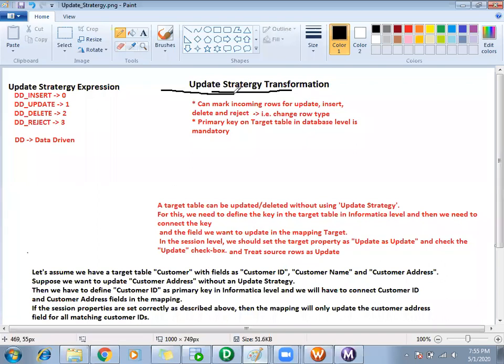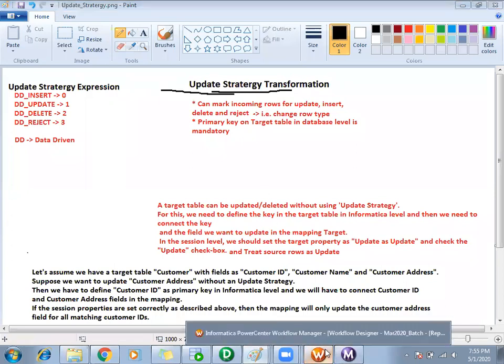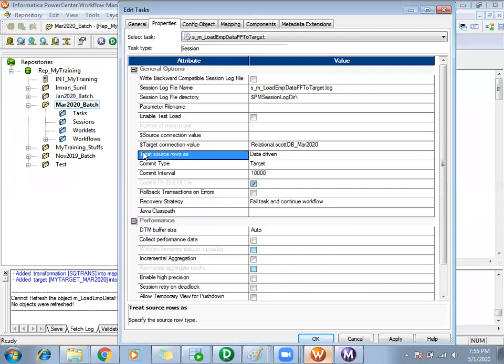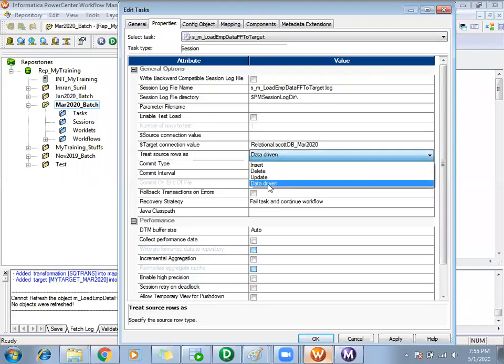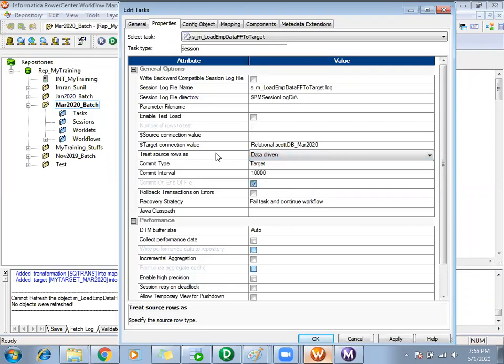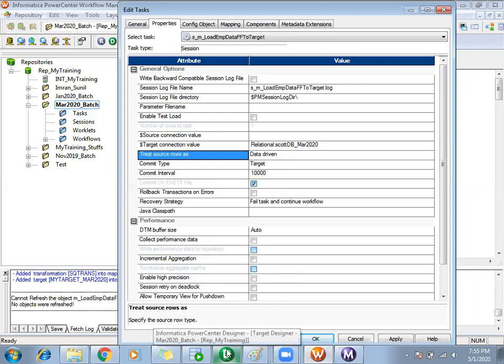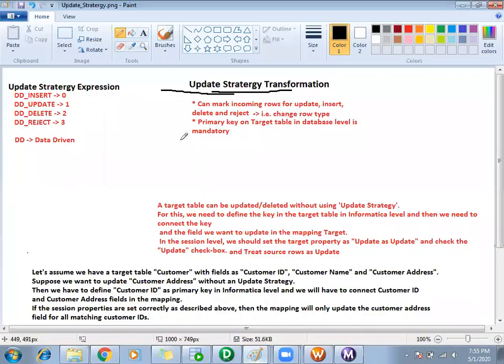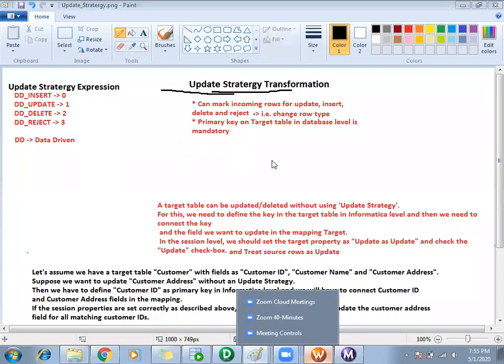If you have used an update strategy transformation in your mapping, you need to ensure that in your session properties, this treat source rows as attribute is selected as data driven. When we select it as data driven, how the source rows are to be treated, whether insert, update, or delete, will be decided based on the logic you have provided in your update strategy.